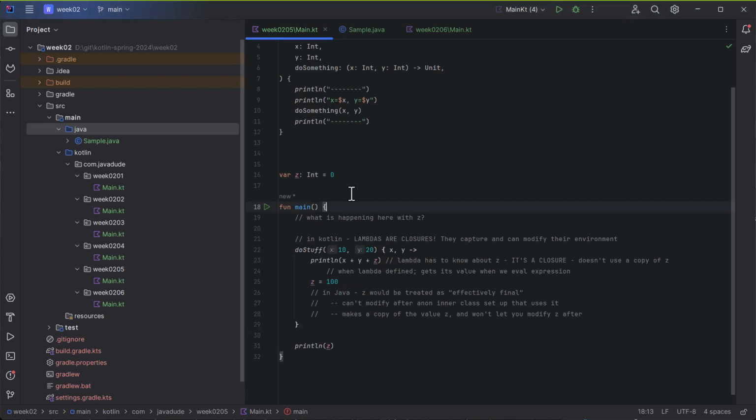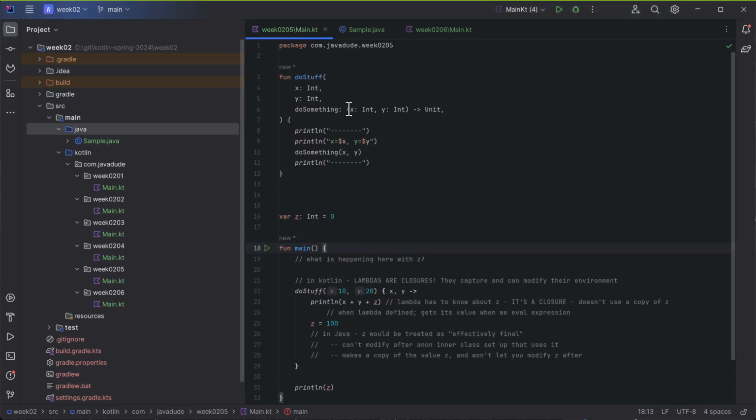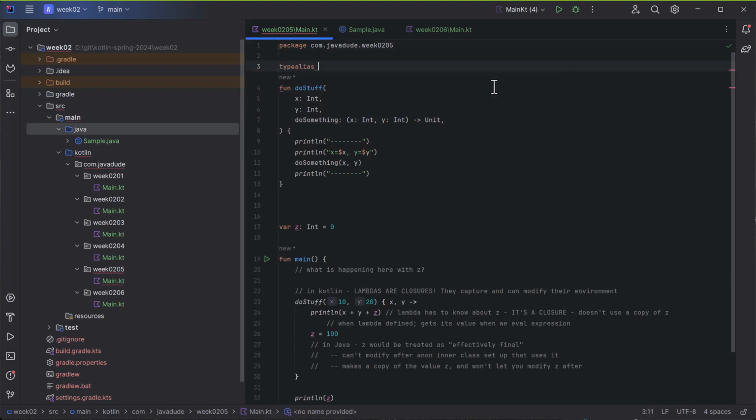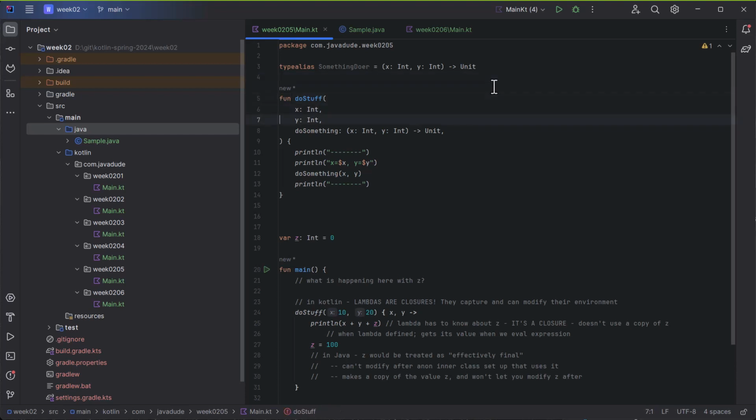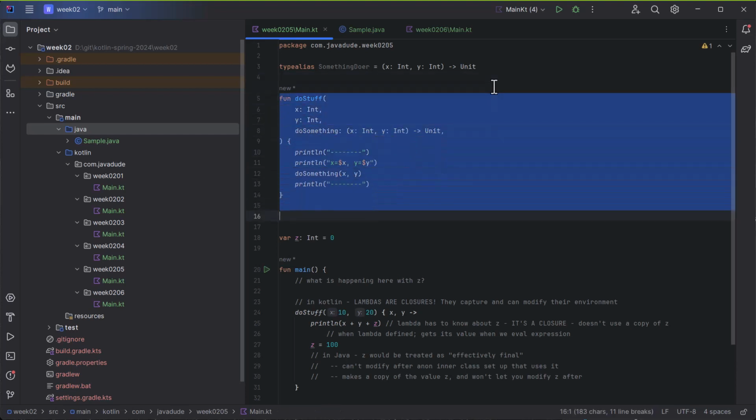One thing you can do that I'm not a fan of, but it is doable. Sometimes people aren't super keen on seeing function syntax written out like that. They really want it to be like a single type. You could define a type alias for this. So we could do something kind of like this and come up here and say type alias something doer equals that. So we could define something like that, and then an alternate version of this function